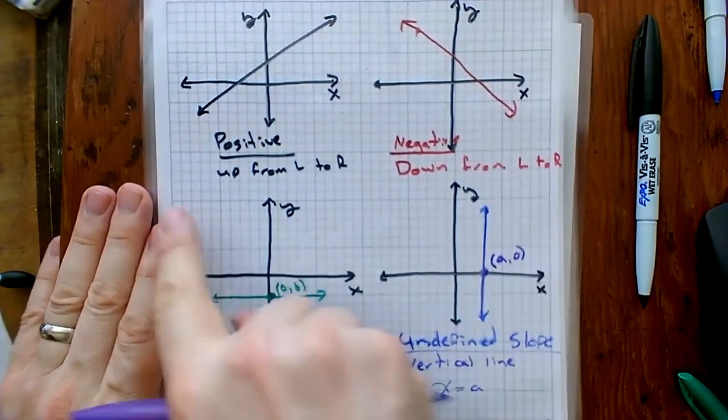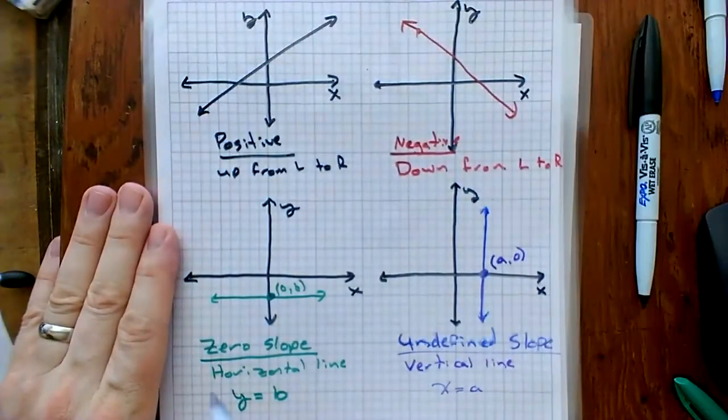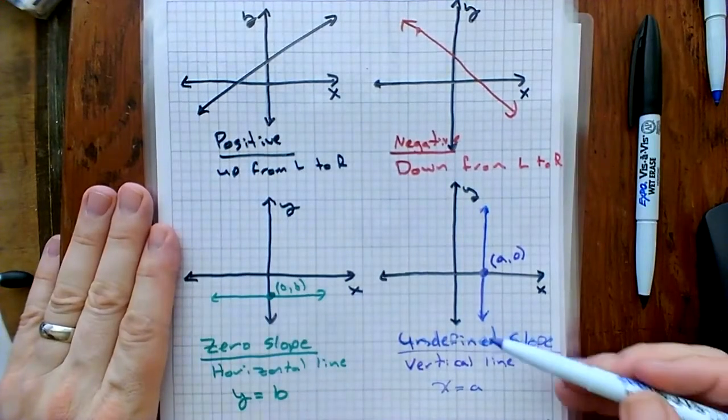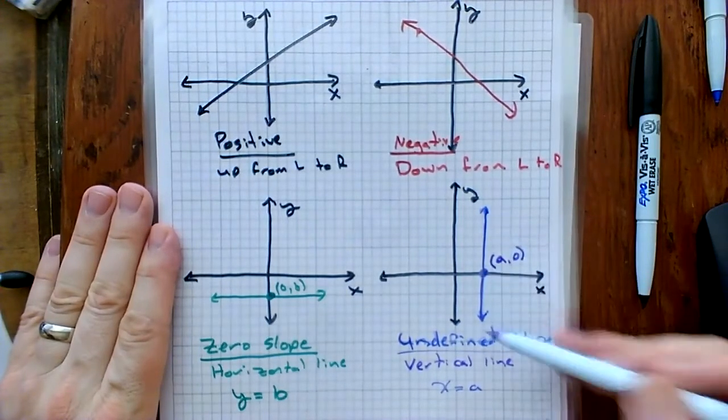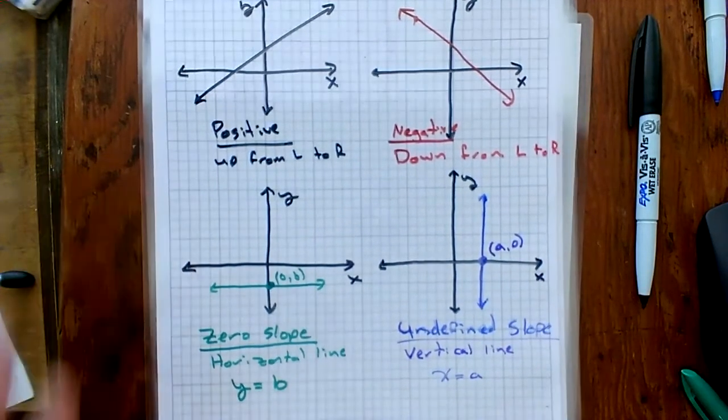So we've got positive going up from left to right, negative going down from left to right, 0 slope, which is just a horizontal line, or a vertical line, which has an undefined slope. Okay,